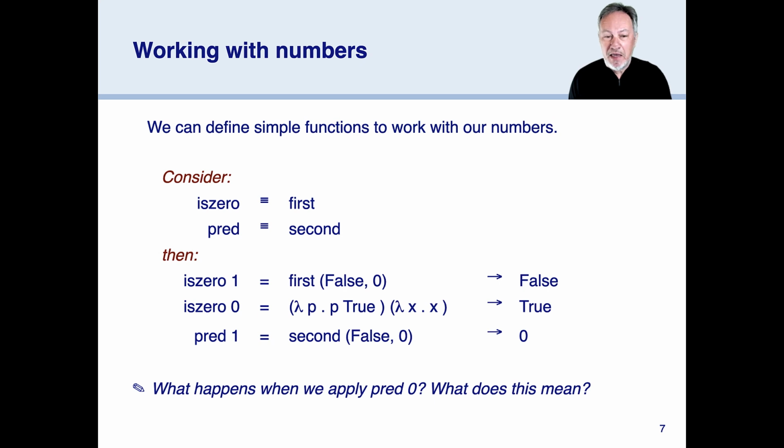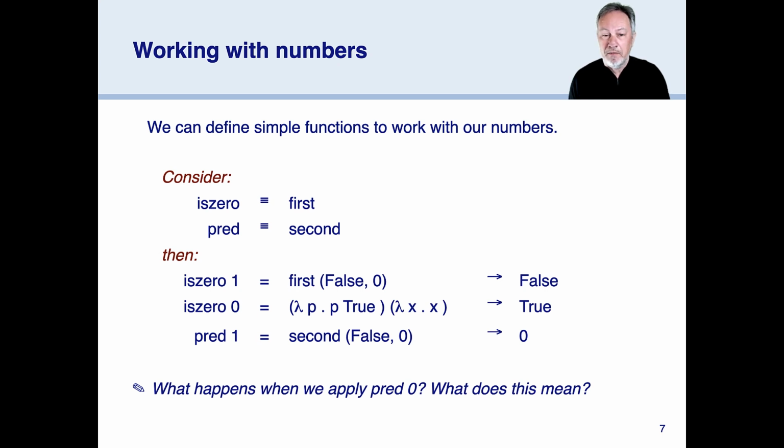Let's see if they behave, or we can make them behave the way we expect numbers to behave. Well, we should be able to ask a number if it's 0, and we should be able to ask a number for its predecessor. Once we can do that, we can start thinking about doing arithmetic. So we'll simply encode the function is0 as a function we already have, which is first, which extracts the first